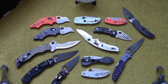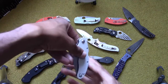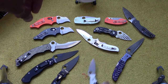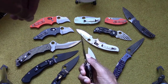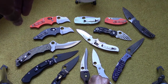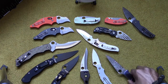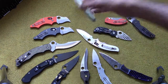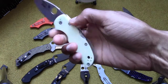And I just like companies that do that. I mean, the fit and finish on some of these knives is not, I mean, they're not 100%. They're not perfect. I mean, what is perfection? One of those unattainable things. But their fit and finish on their knives is fantastic. It is really, really good. They usually get it right,